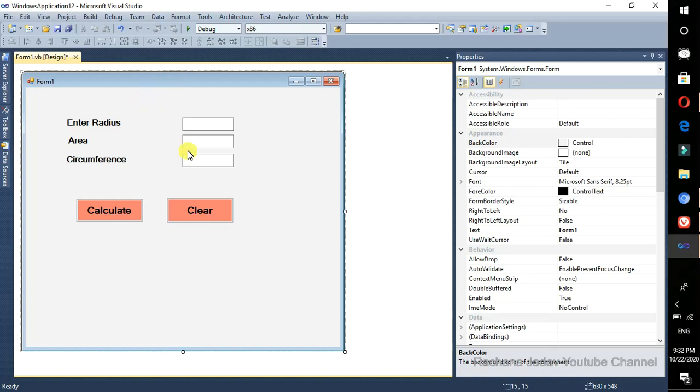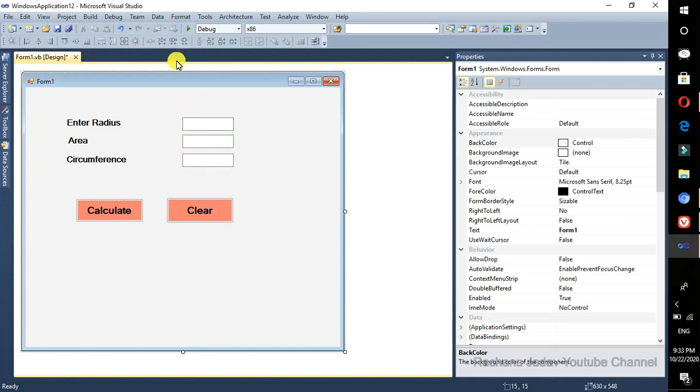So first of all, I have just prepared one program here, in which you enter the radius, area and circumference. When you enter the radius, you will also get the area and the circumference when you click on Calculate. As soon as you enter the radius and click on Calculate, you will get the area and the circumference of it. This is the Clear button, meaning you have to clear all this. If you want to reset, you can also give a Reset button instead of that.